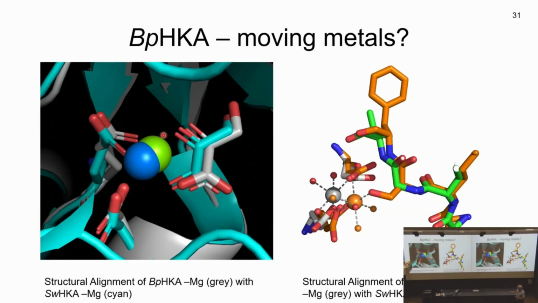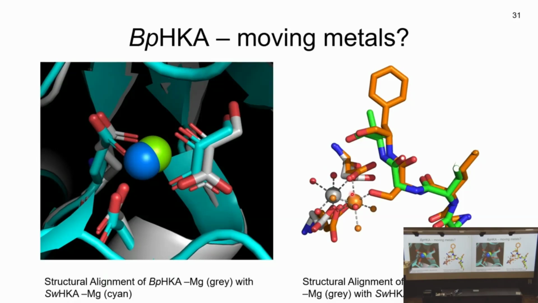So I showed earlier that if you overlaid the two enzymes with hydroxypyruvate in there, it's essentially the same. We then overlaid the two structures in the presence of the metal, but without hydroxypyruvate, which caused that metal movement in one of them. And the orange one is the one where we saw this big movement, and this is this serine that is coordinated, and these are the two acidic residues. And you can see this is the green backbone for the other enzyme. There is no serine, so there can be no coordination, and the metal is indeed not in the same position. It's just coordinated by these two acidic residues. And there's a difference in position of roughly 1.2 angstrom.